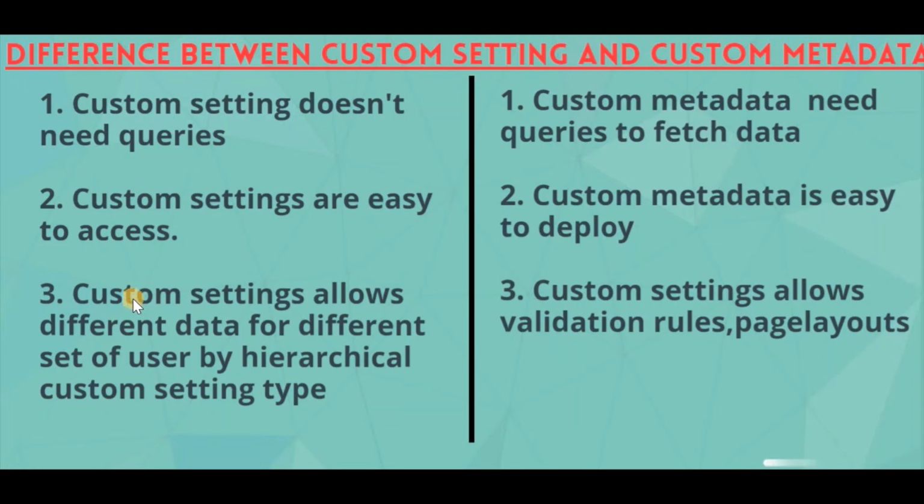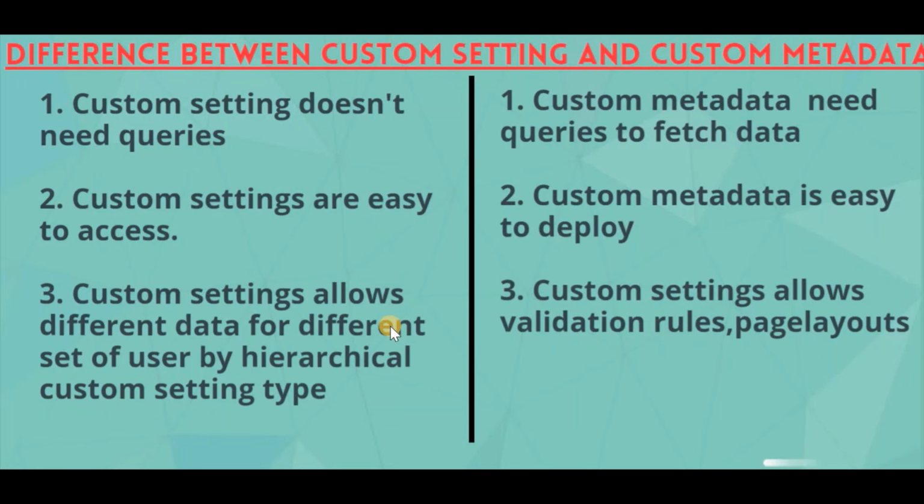Now, the third difference is that custom setting allows different data for different sets of users by a hierarchical custom type. Based on the users, like I have shown in the Amazon Prime example, different types of users in Amazon accounts will have different types of discounts, which is not possible with custom objects or with custom metadata. Now with custom metadata, the other highlight here is that custom objects allow validation rules and page layouts,